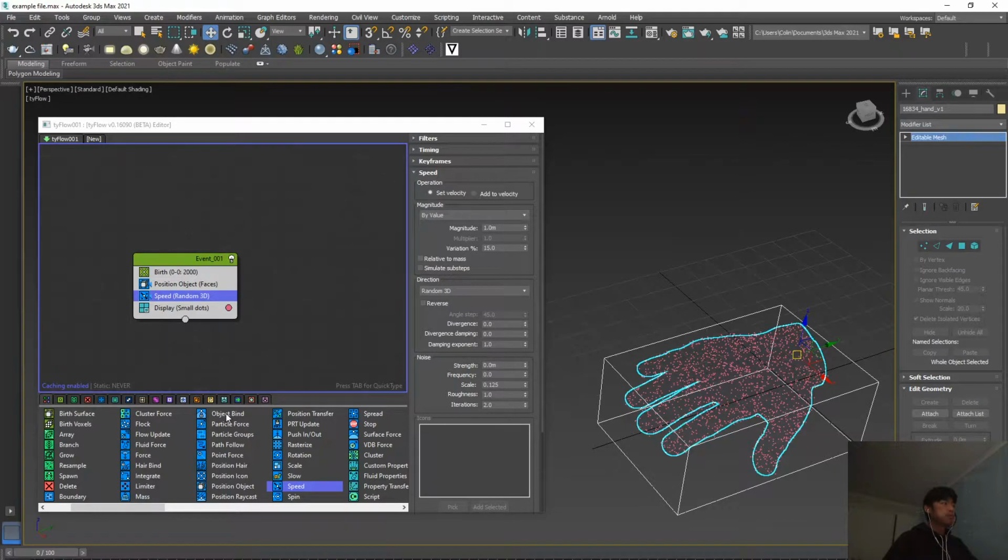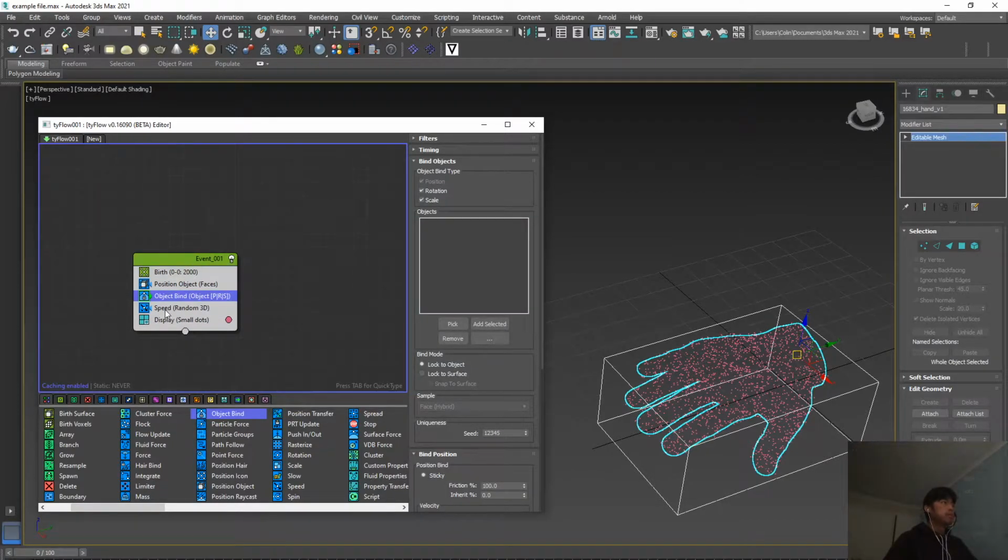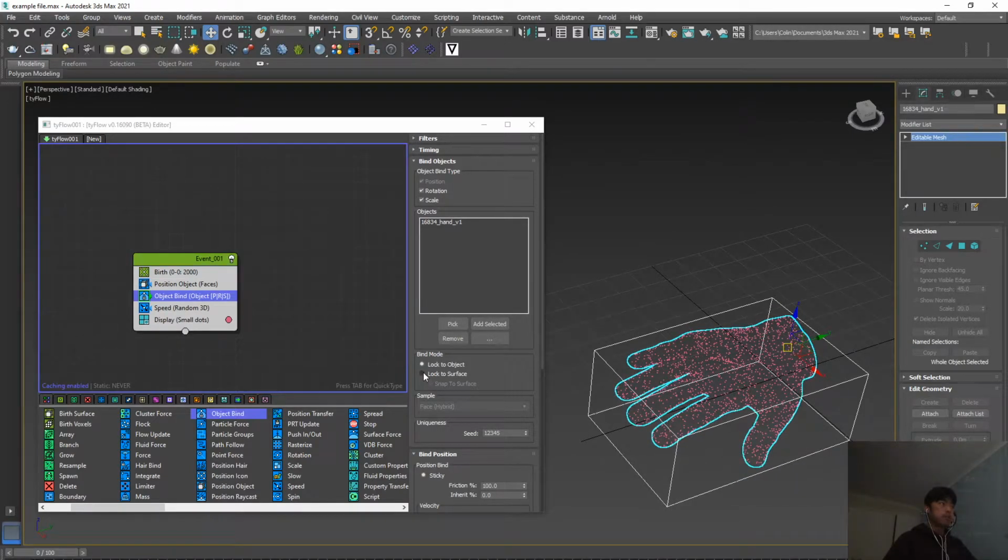In this case we'll be adding an operator called object bind in between position object and speed. So the object to bind to is going to be the hand, and we'll be clicking the bind mode to lock to surface. That way when we scroll through the timeline we're seeing the particles still stuck within the shape of the hand,